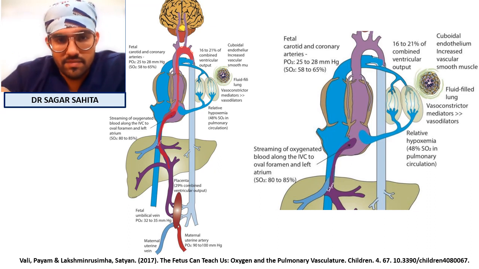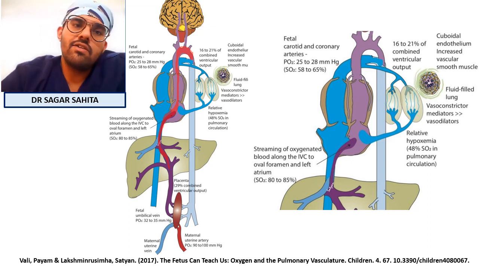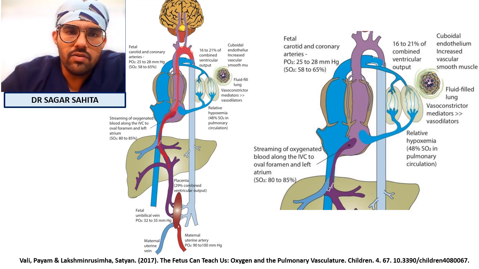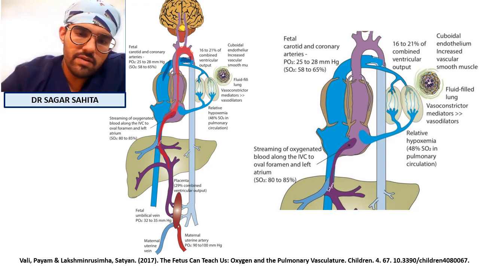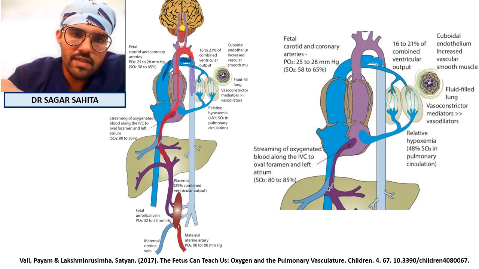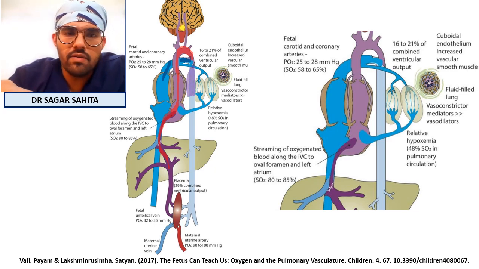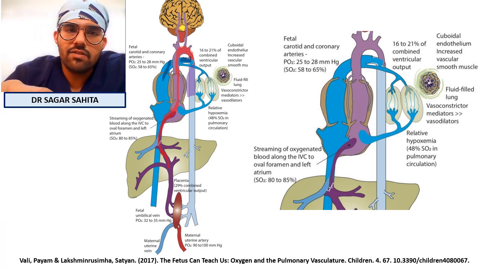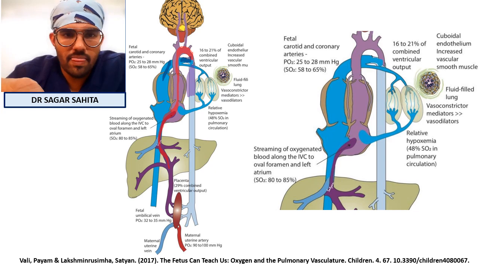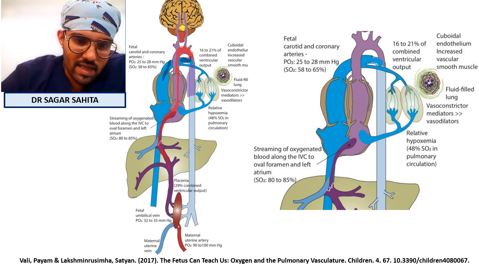If you notice here, the SVC deoxygenated blood goes through the pulmonary arteries and through the ductus arteriosus, which is open, and mixes with this oxygenated stream, so that the blood in the descending thoracic aorta is a mixture of the more oxygenated umbilical vein blood and the less oxygenated IVC blood. So essentially what is happening here is